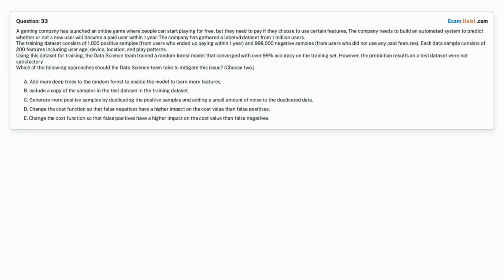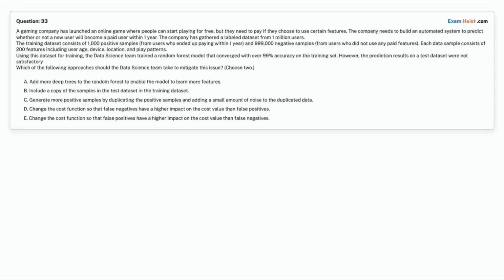The training dataset consists of 1,000 positive samples from users who ended up paying within 1 year, and 999,000 negative samples from users who did not use any paid features. Each data sample consists of 200 features including user age, device, location, and play patterns.